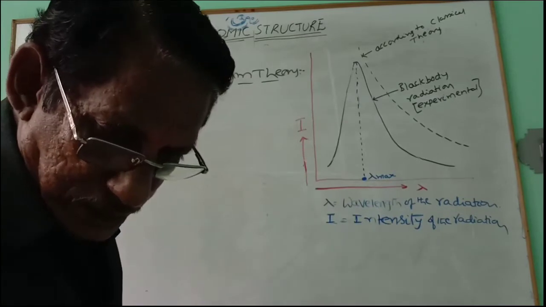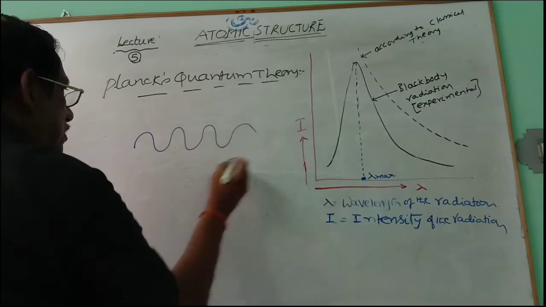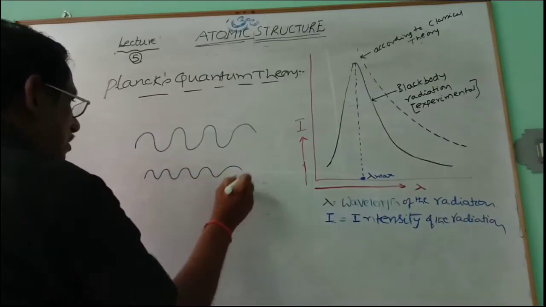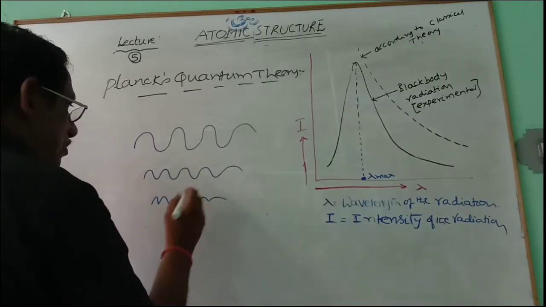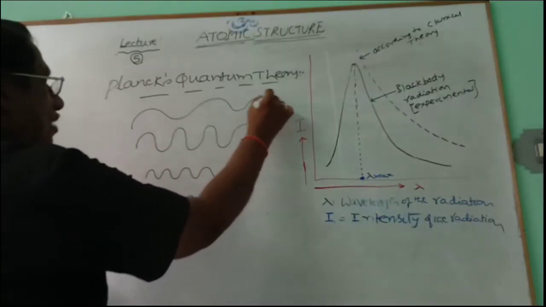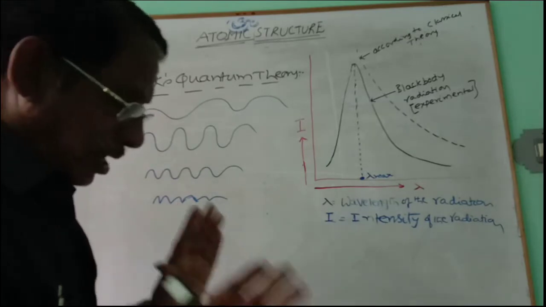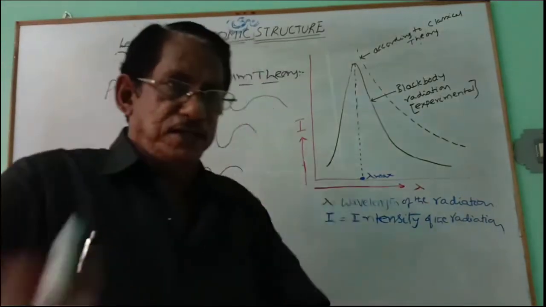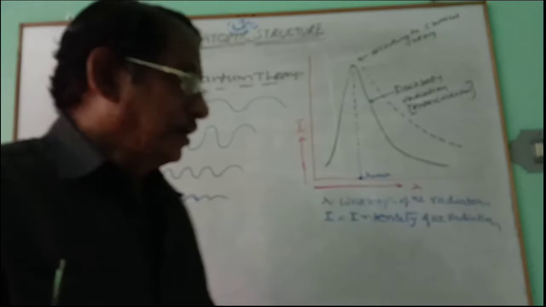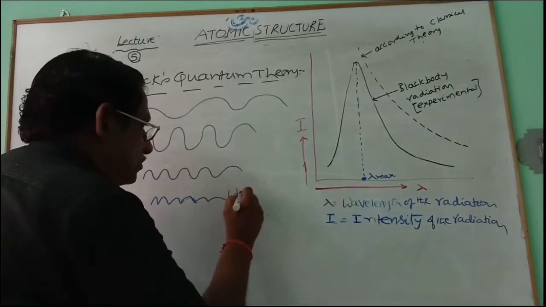How? You can take more radiations here. This is one radiation like this. This is another radiation like this. This is a third radiation like this. We have several radiations like this, all having certain wavelengths. If you take these radiations, all are having different wavelengths, different energies. It is moving in the form of a wave. This is the wave form of the radiation, which is continuous. Wave form is continuous.